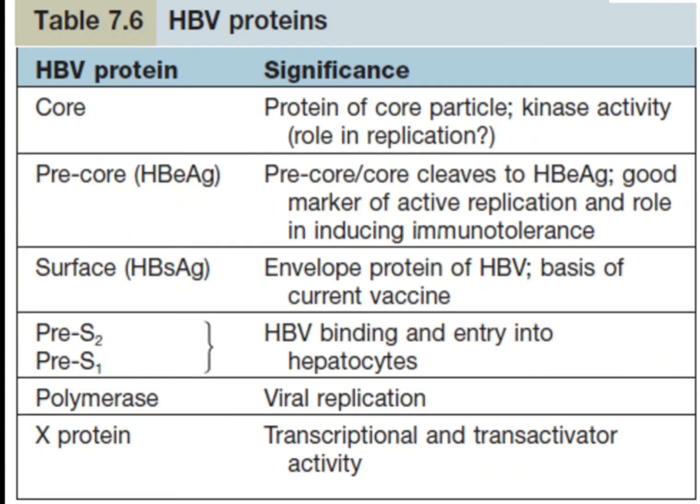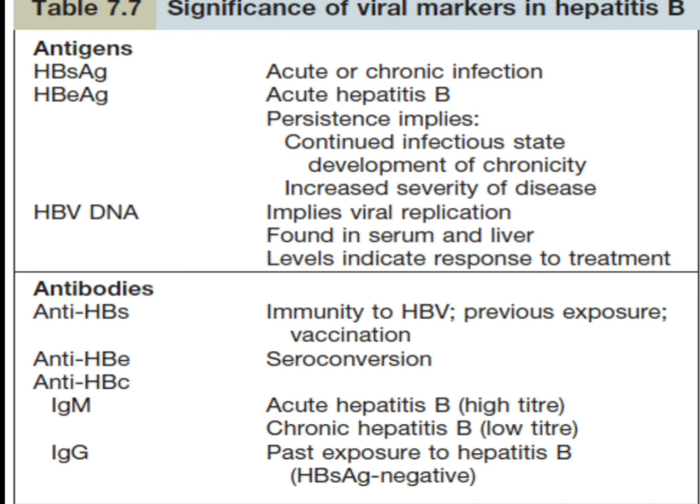So this is basically a summary of what we just talked about. So let's talk about the antigen and what this signifies. So, significance of viral markers in hepatitis B. HBsAg, which is hepatitis B surface antigen, signifies acute or chronic infection. HBeAg signifies acute hepatitis B and its persistence implies continued infectious state, development of chronicity,